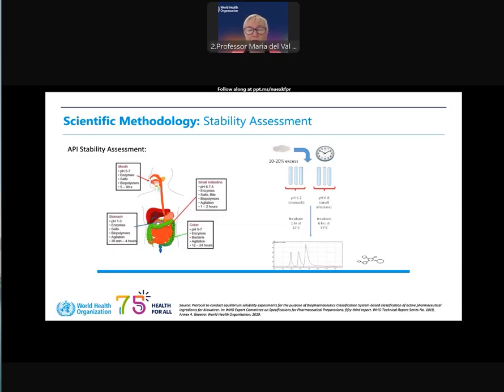So we perform a separate set of experiments with an amount of solid that we know is soluble. I mean, we perform the stability experiments with a solution of the API, and we put this solution in contact with